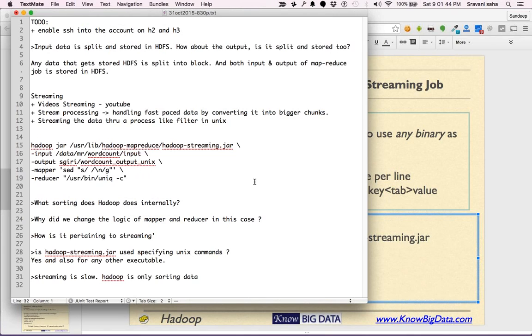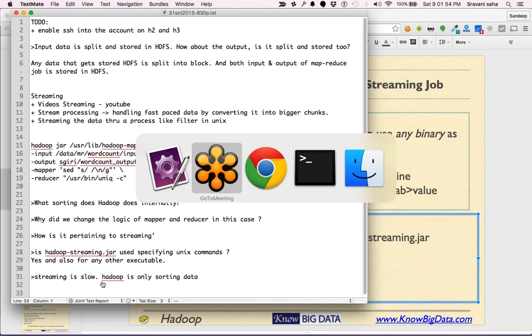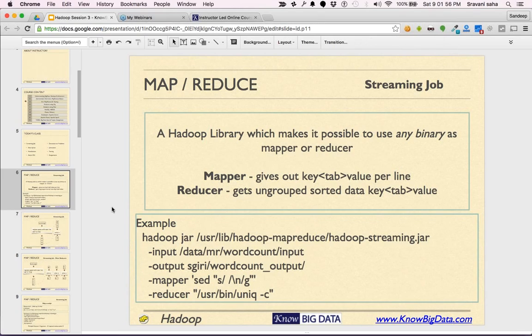All right. Streaming is slow. That's Naveen's point. Hadoop is only sorting the data. Yes, streaming is slightly slow, but since it's distributed computing and there are lots of computers in the network, that slowness is actually overcome by having more nodes. And the kind of jobs which we execute,